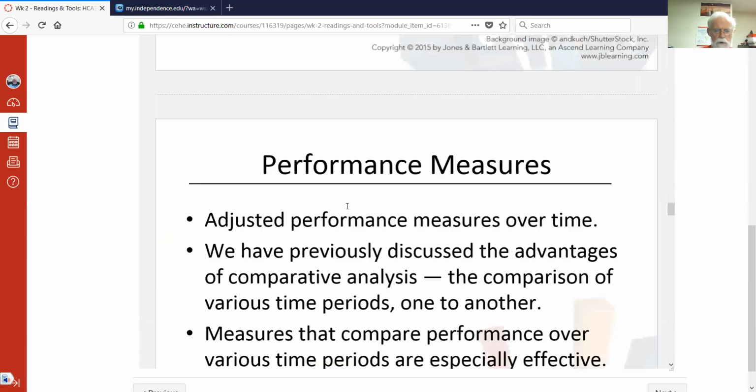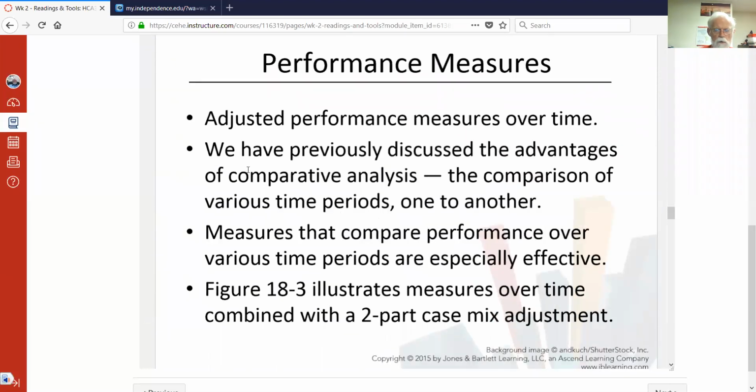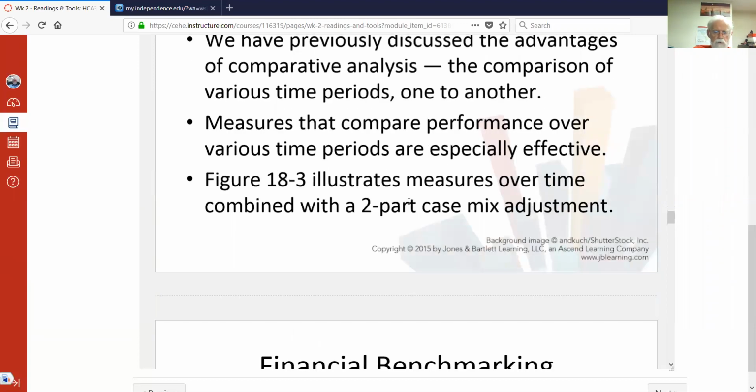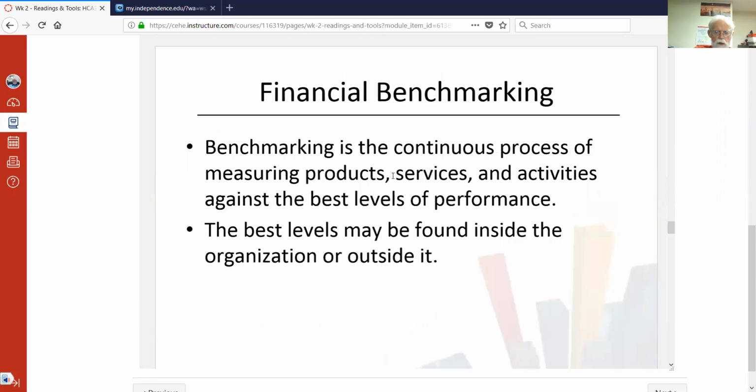So we have various performance measures, which we've looked at here. We look at our performance measures over time by using comparative analysis of one period to another. The performance over various time periods is useful in terms of looking at the financial health and where we're going with the organization. Benchmarking is